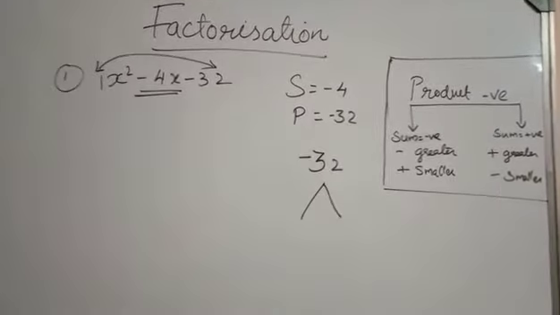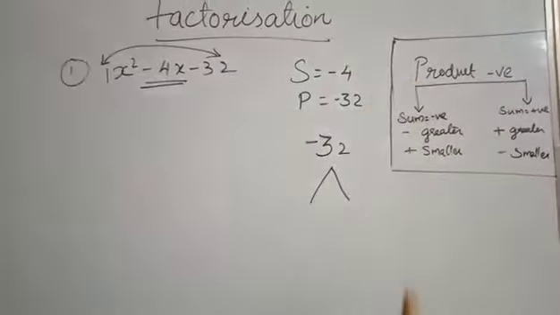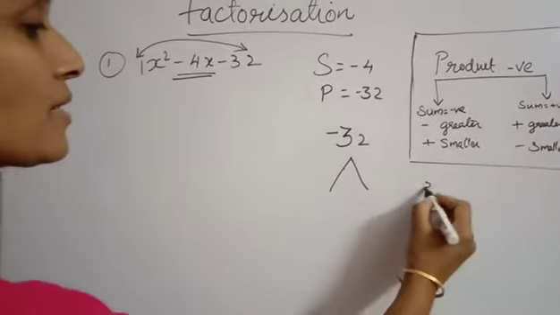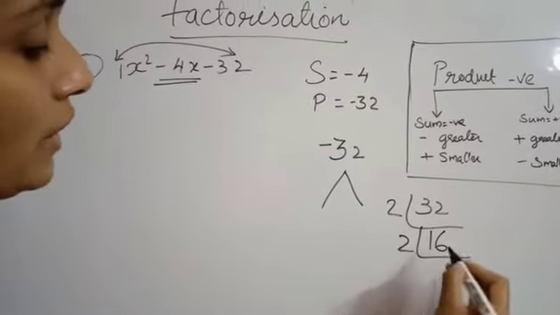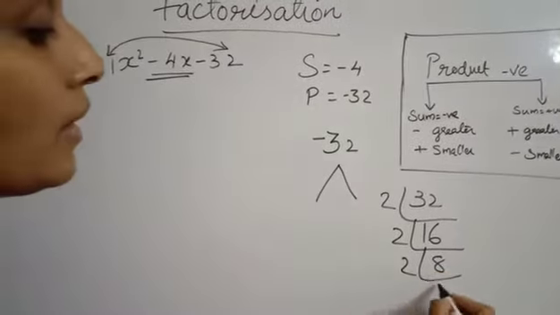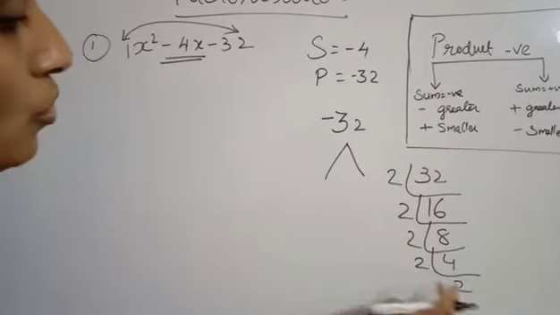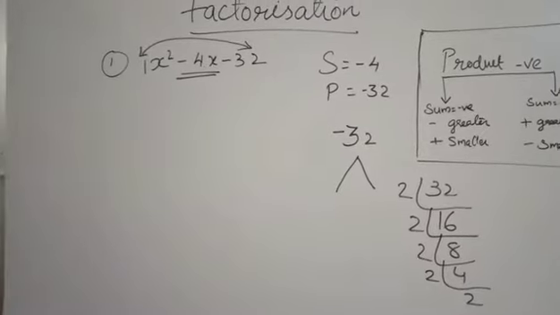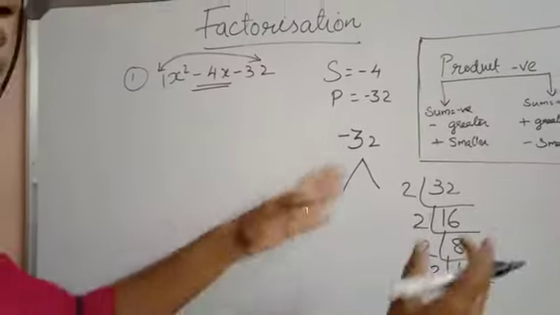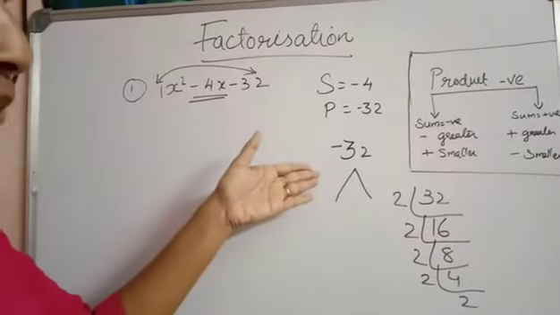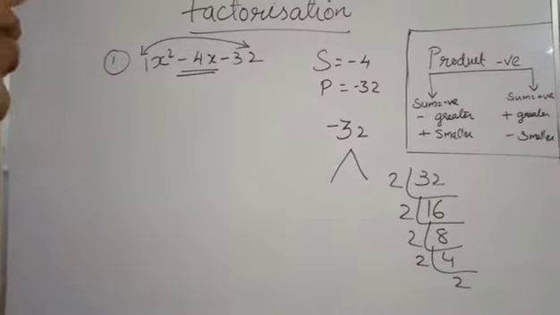If you are unable to find the two numbers such that the product is 32 and the sum is minus 4, you can use one more method, like factorizing the number 32. If you factorize this with 2, 16 2s are 32, and 8, then again it's by 4, by 2, by 2. See the factors here: 2, 2, 2, 2, 2. How many times is it there? 5 times 2s are there. Now you can group these factors so that you will get two numbers, and then you can find out what number will make you 32 as a product, and when you are adding those two numbers, whether you're getting minus 4 or not. Look at that.